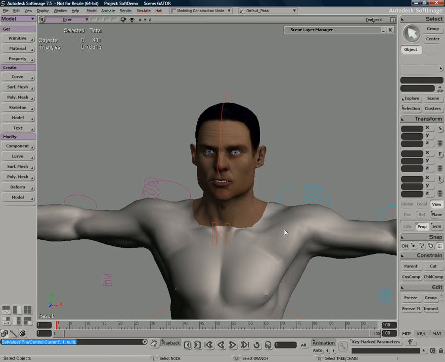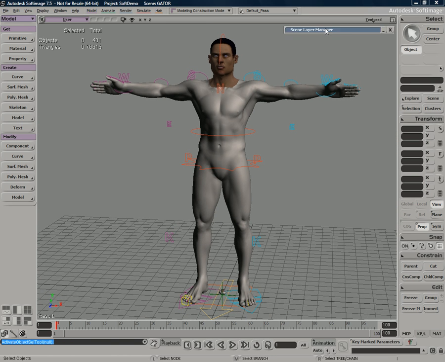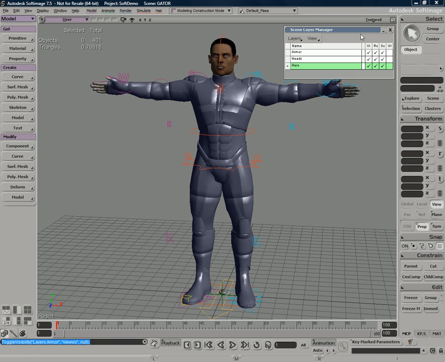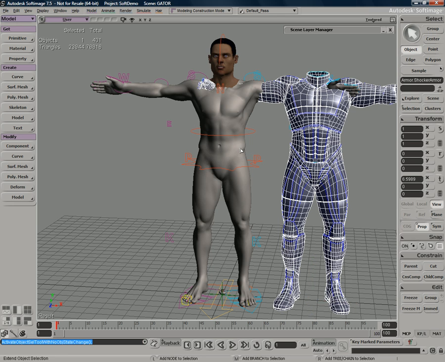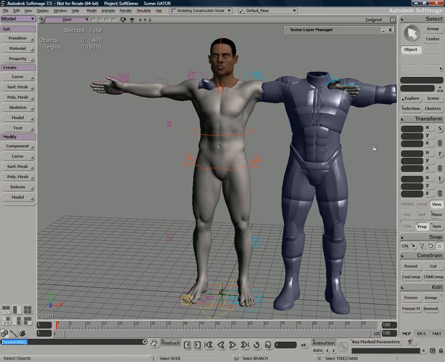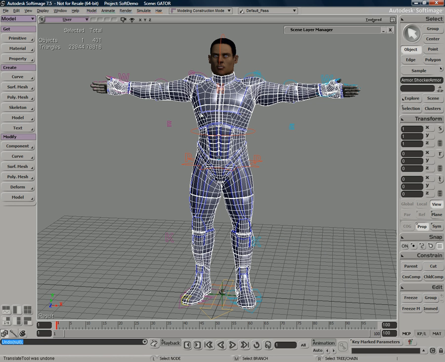Now the last thing I want to do with this character is add armor to the mesh. You can see that right now he could definitely use some clothes or something. So we're going to open up our scene manager again here for our layers and unhide the armor that's on the mesh. Now if I grab the armor and just move it quickly over to the right and select both of these objects, you can see that they're basically humanoid features, but they're modeled very differently. This is obviously much more rigid here, and this has quite a few more polygons. So I'm going to press Control Z just to undo my move, or you can do Control Shift R to reset it back at its origin.